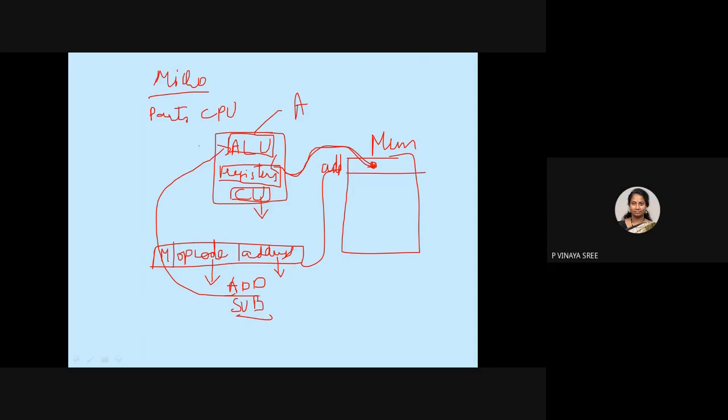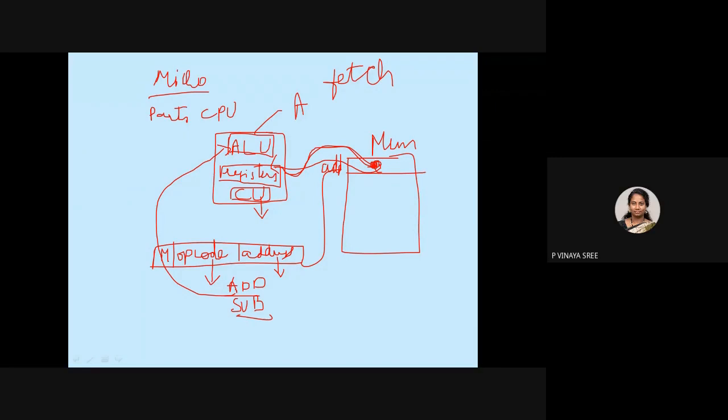We'll be having two types. Try to concentrate. Control unit is nothing but it generates corresponding control signals. Based on those signals, the moving will happen. If it is a fetch, we are fetching the operands present in memory with the help of the bus and going to that location. For that, it has to generate the signal saying that you need to read from memory and place it inside an ALU.